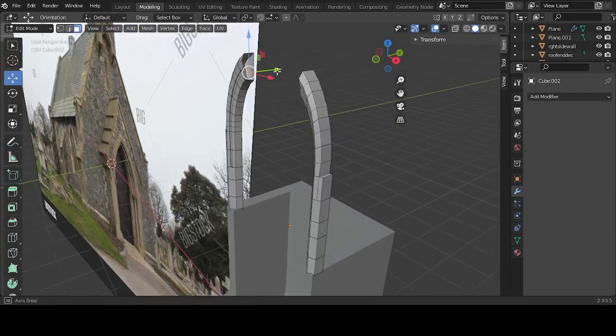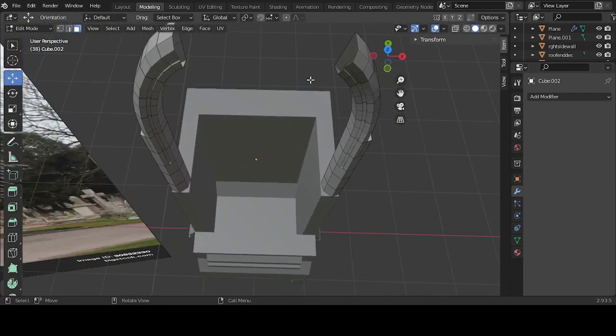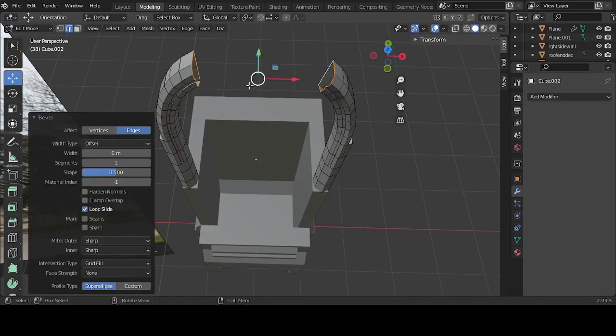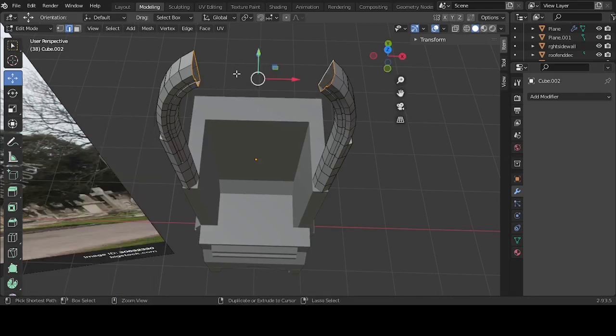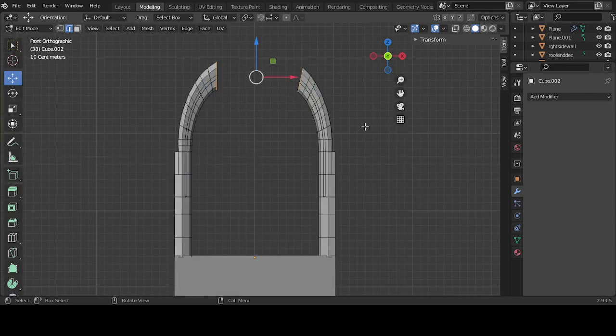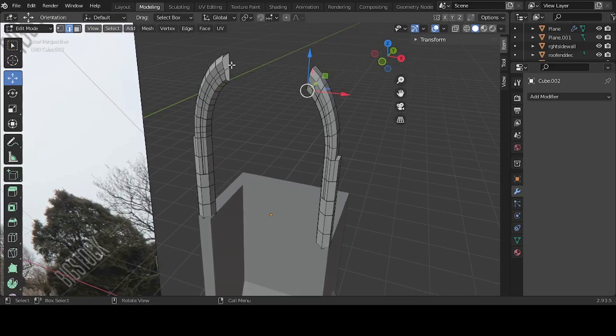Now all I've got to do, the face selected, so I select that side and that side. I'm going to bridge the edges. So that didn't work. So what I may have to do is just do a mirror. I think a mirror modifier would probably work better, but